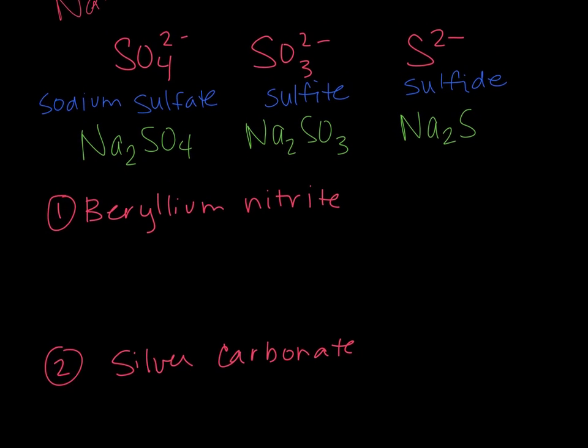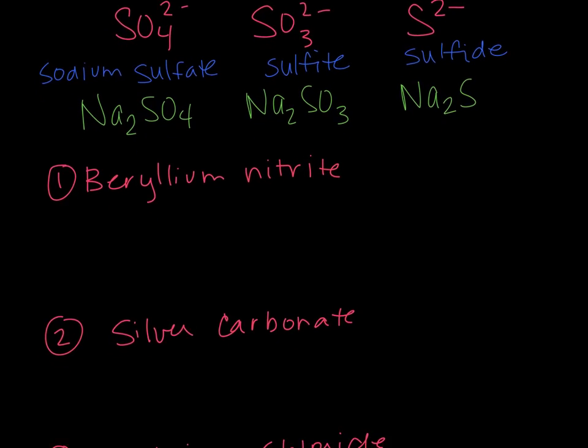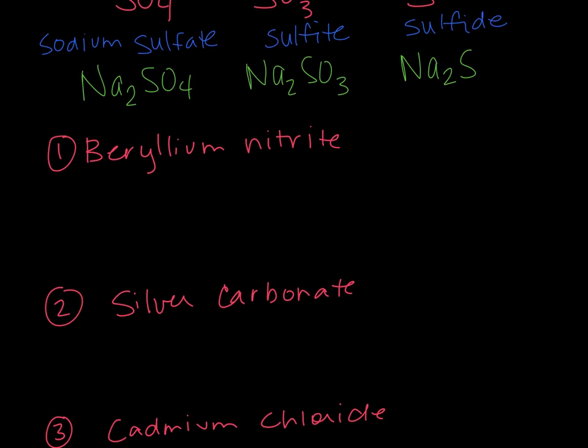So let's do a couple of these. So hopefully you have that list in front of you somewhere so that you can follow along. So we're going to write the formulas for these compounds. So beryllium is in group 2, so it's Be2+, and then nitrite is NO2 1-. And so if we're going to write the formula for this, the 2 has to come down here, right? And the 1 has to come down here. But we have to think about what we're doing, because if I just write that 2 down there, then I would get